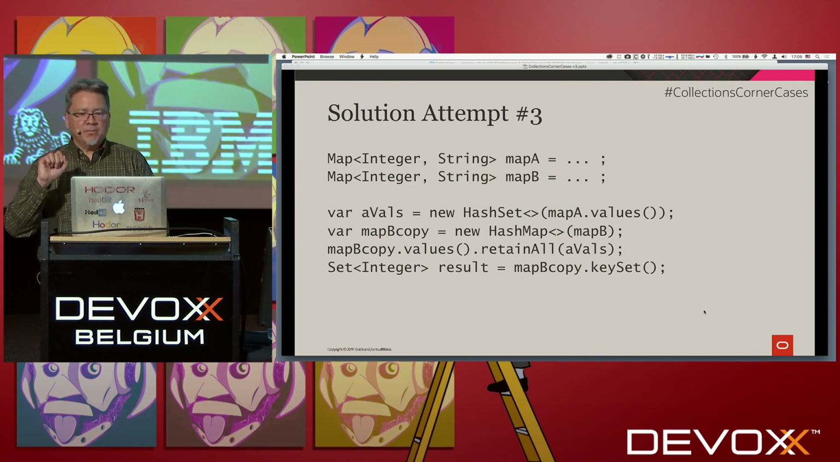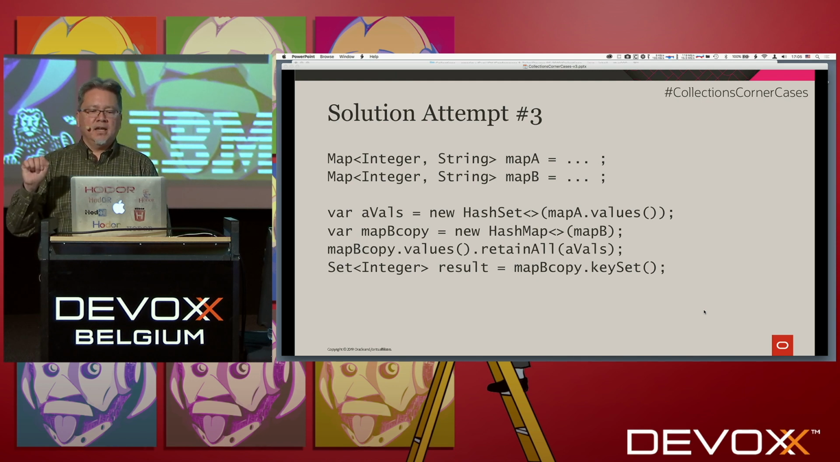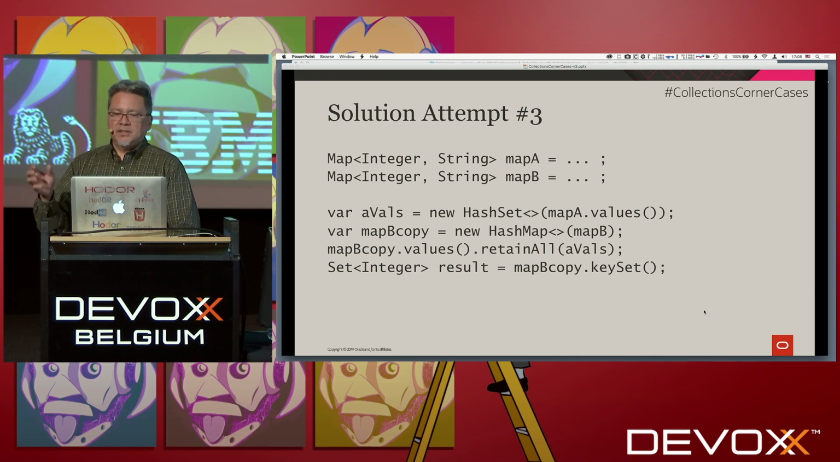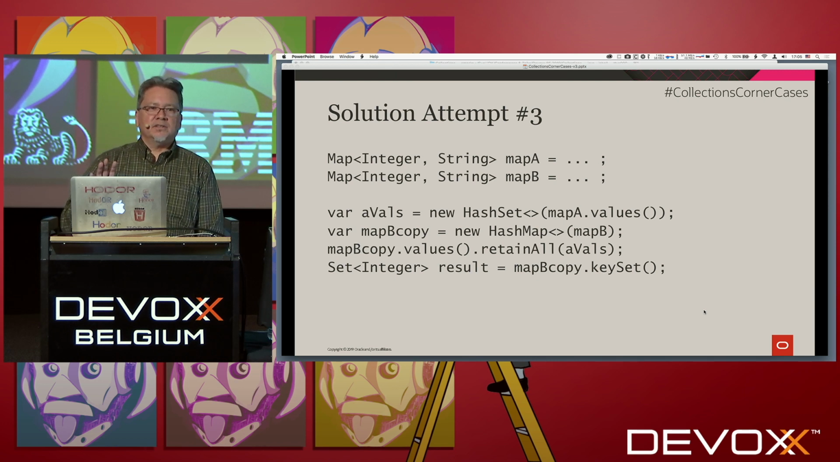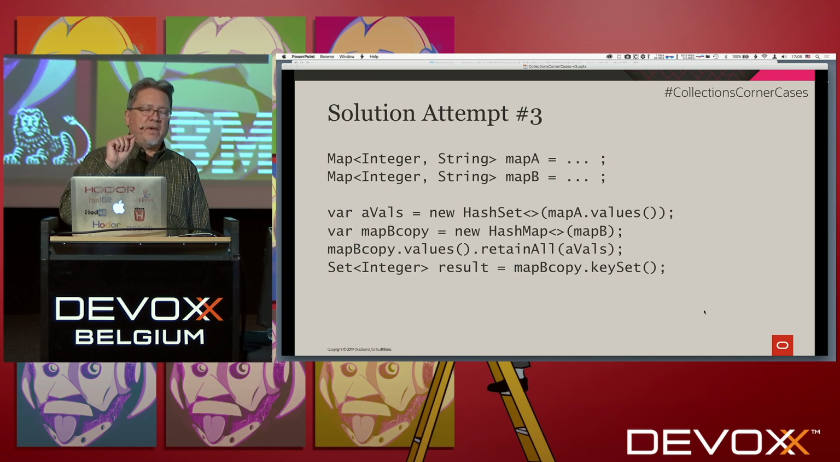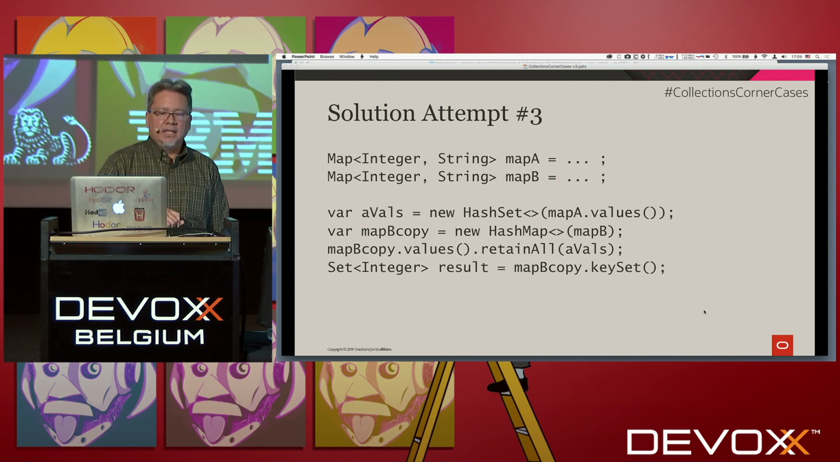All right, so we have our two maps. The first thing we do is the same as before, which is we bring map A's values into a hash set because we're going to be doing a repeated contains check on that. Now, this is one of the things about collections: since there are side effects, if you don't want to modify your inputs, you have to make copies first. So we make a copy of map B, and then